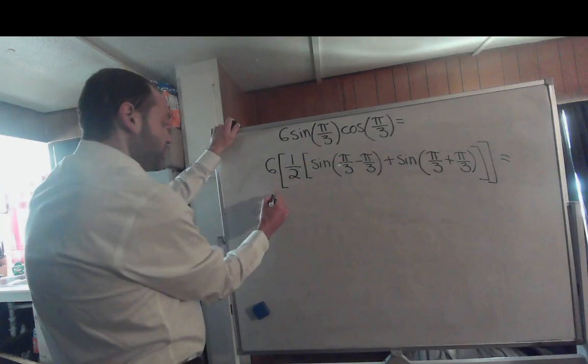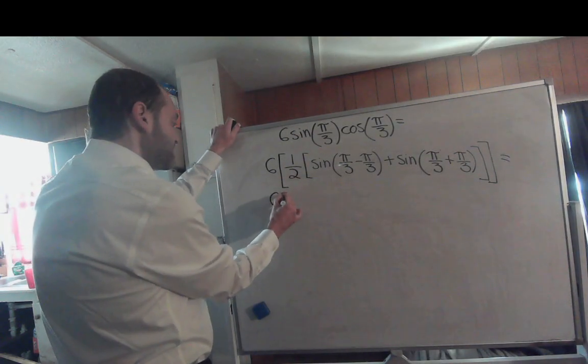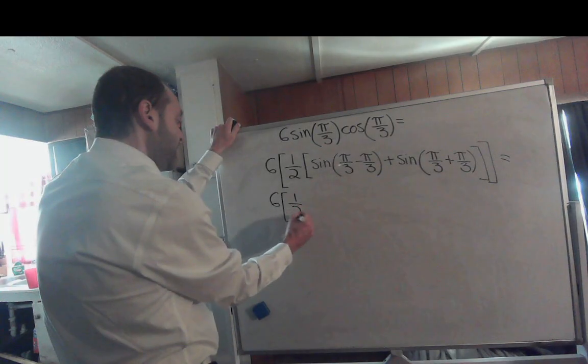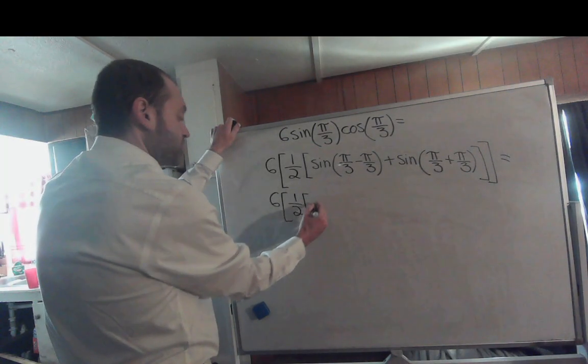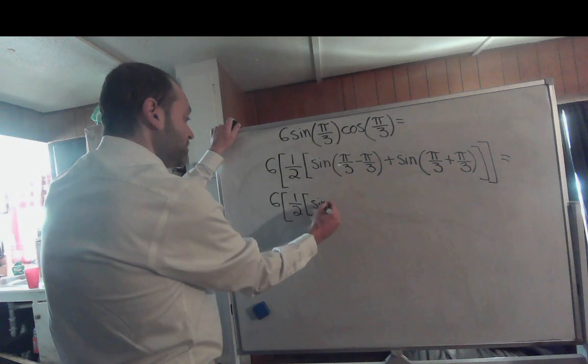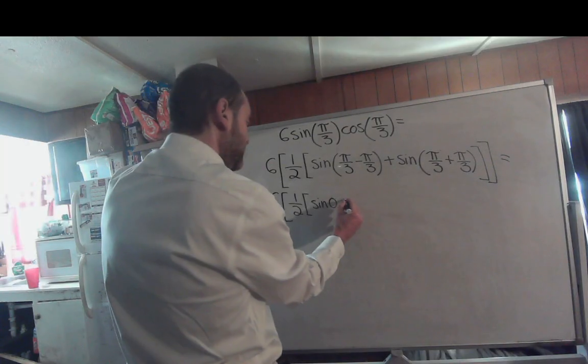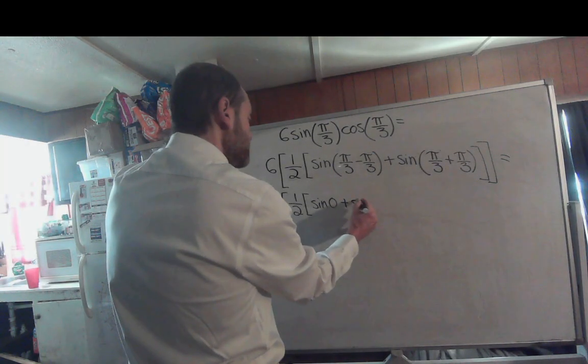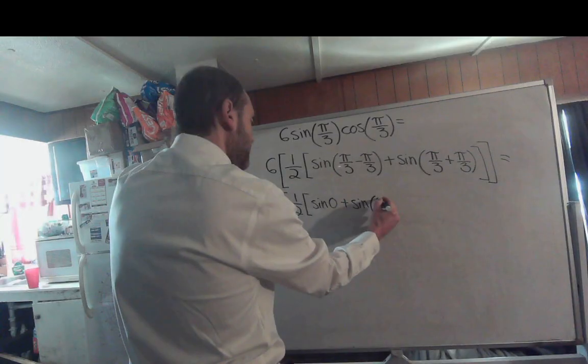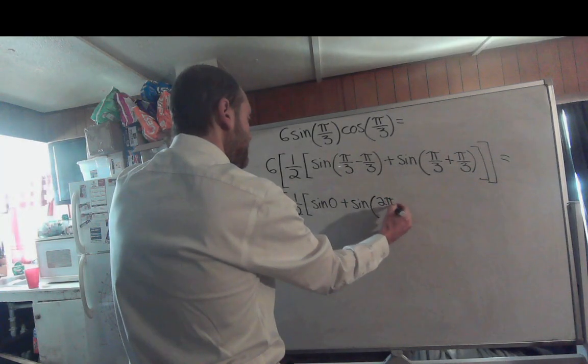Alright, so this would simplify into 6 times the quantity of 1/2 times the quantity of the sine of 0 plus the sine of 2 pi over 3,